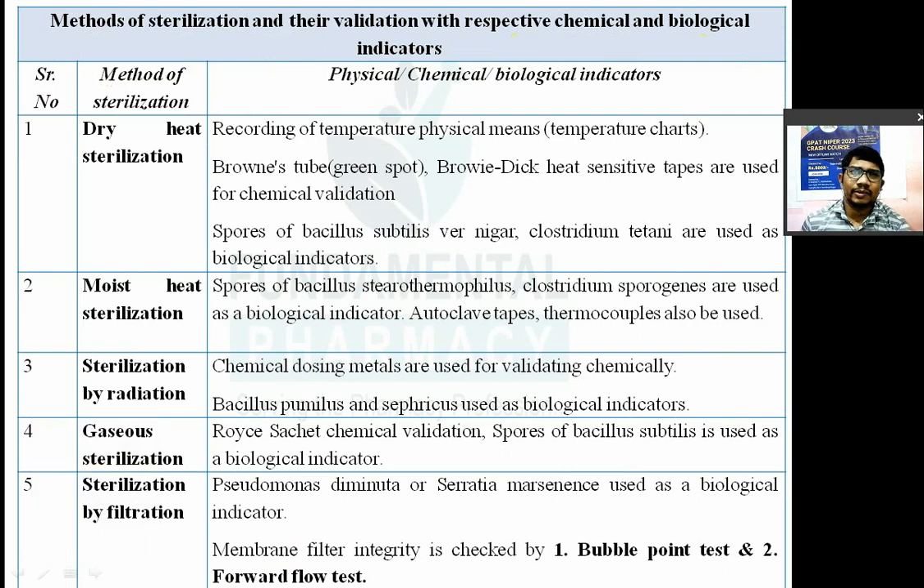For that you need to evaluate. So methods of sterilization and their validation, you need to validate that method. So by using indicators, different indicators are used: फिजिकल इंडिकेटर्स, केमिकल इंडिकेटर्स एंड बायोलॉजिकल इंडिकेटर। इसके ऊपर बहुत बार क्वेश्चन आ चुका है, इंपॉर्टेंट है ये चीज। सबसे पहले क्या है, ड्राई हीट स्टरलाइजेशन।